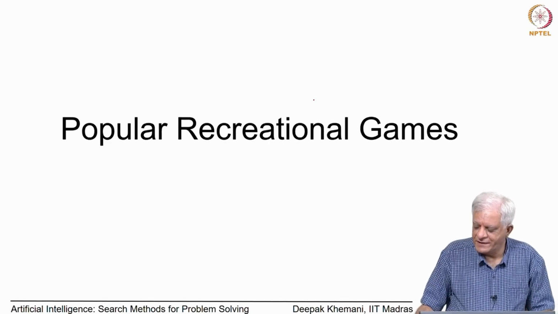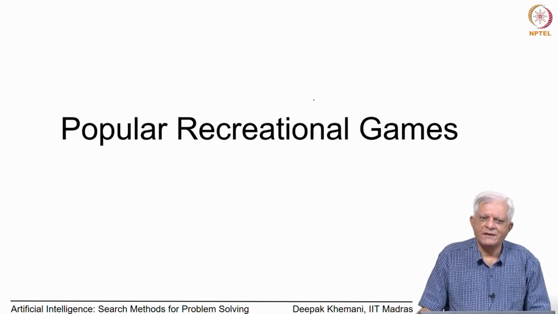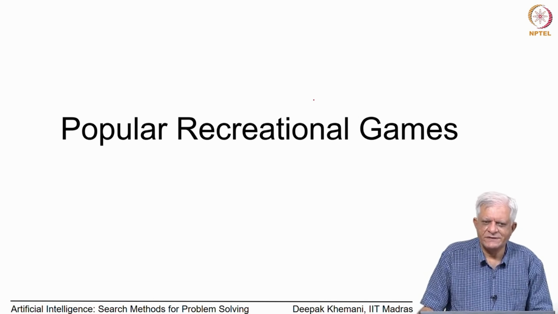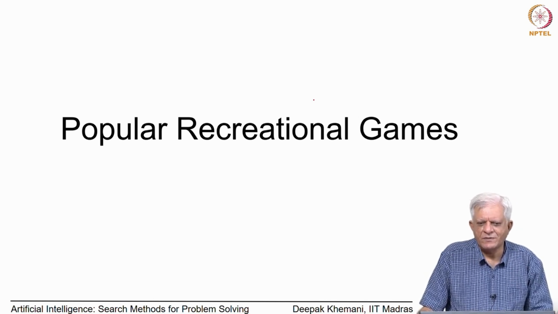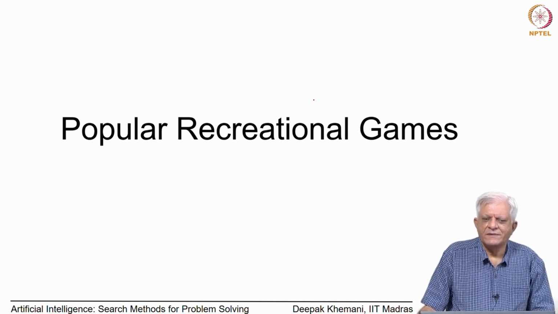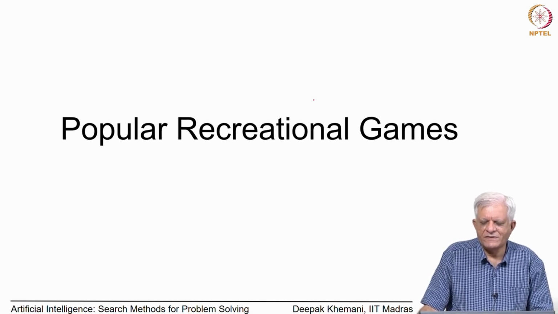Welcome back. In the last session, we looked at game theory in general, and we observed that game theory was concerned with rational choice in a multi-agent scenario where there are other players, and how an agent makes choices in such a scenario. Many of the things that we talked about, like the corporate world or social situations, are slightly more complex to model, and we computer scientists have always been fascinated with smaller games, which are recreational games.